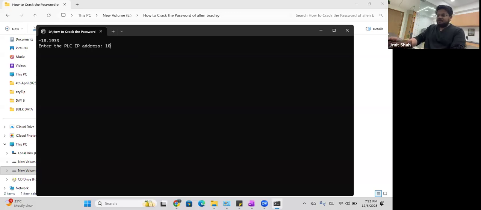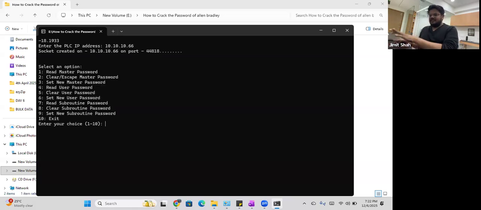So here I need to write the IP address, 10.10.10.66. Enter the IP address of the PLC whose password you want to crack. So this is 10.10.10.66, right? And then I click on OK. Some socket number is created with internal ports,